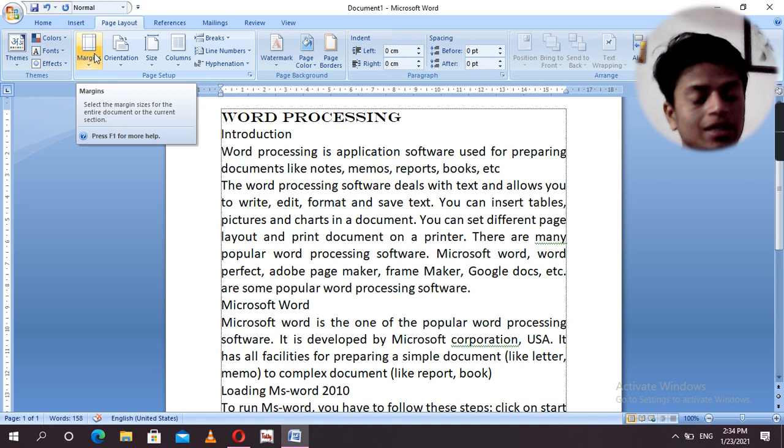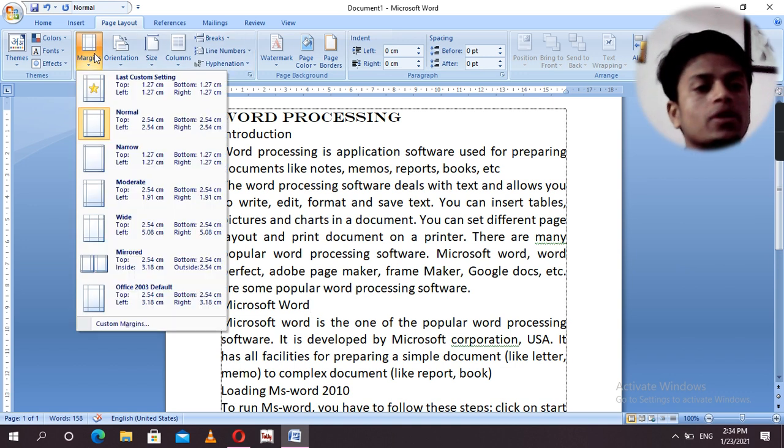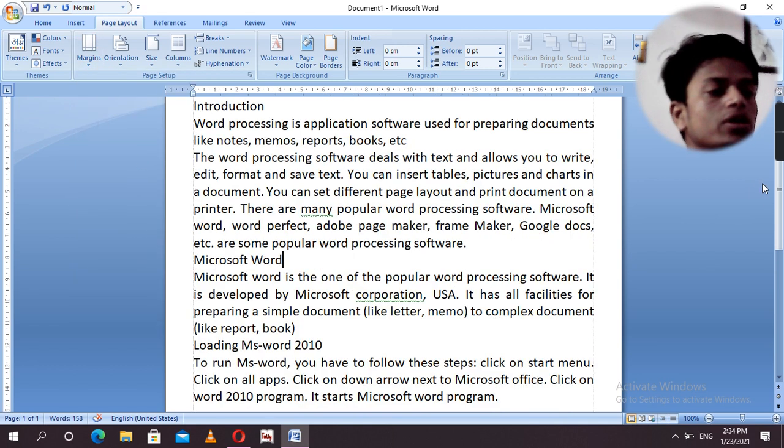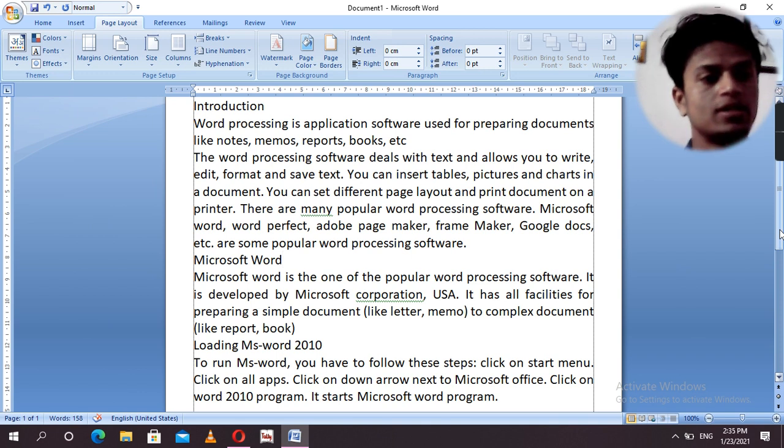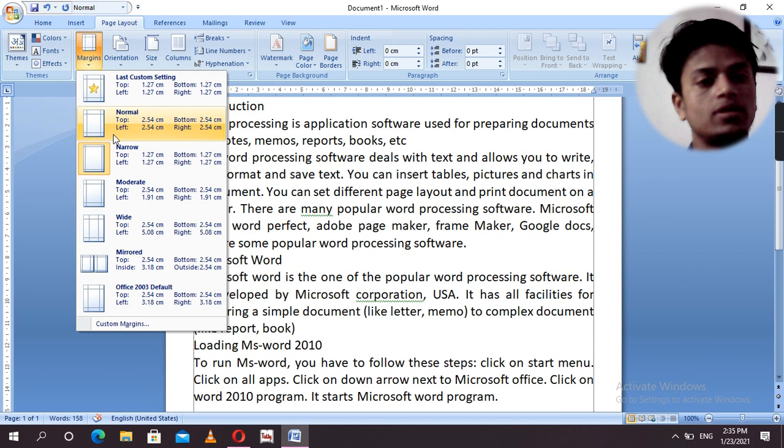While giving an exam, you crop some margin on paper with a scale, just like this. Go to the margin option, and here are many choices; basically we are going to use narrow. According to your use, choose the type according to the document you are going to create and your need.